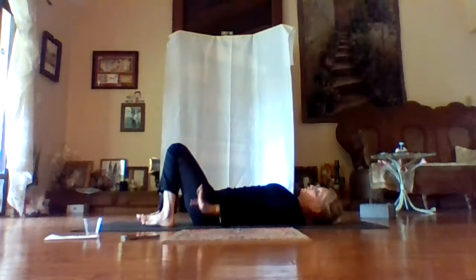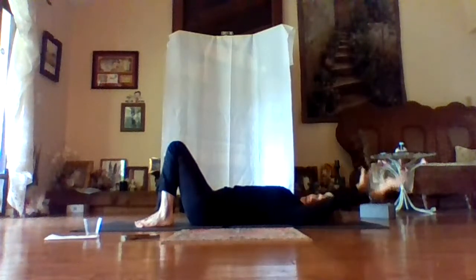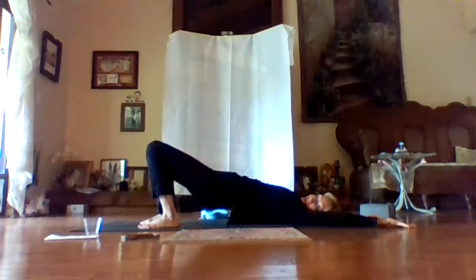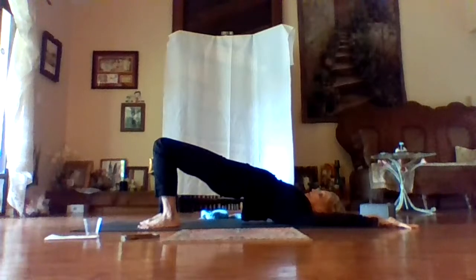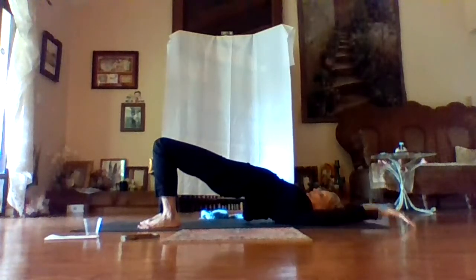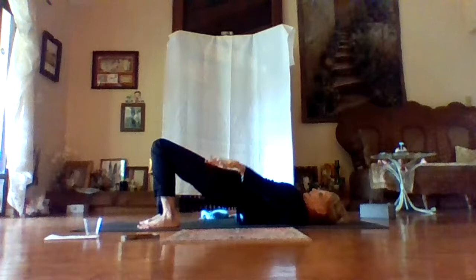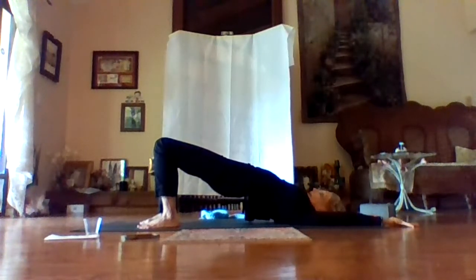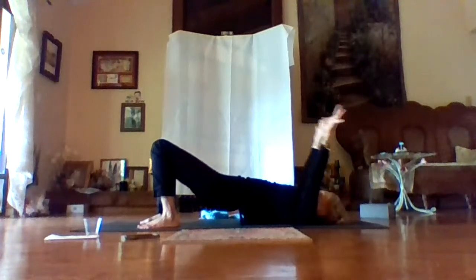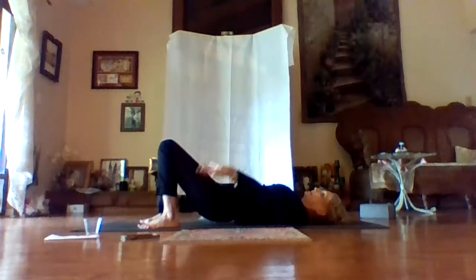Staying on the back, we'll do what's called progressive bridge pose. So you inhale the arms back over your head, and as you do so, you lift your hips up, pressing back onto the shoulder girdle. The exhale takes everything back down. So again, pressing the feet down, rising up, and then exhaling back down. Last one, inhaling up,